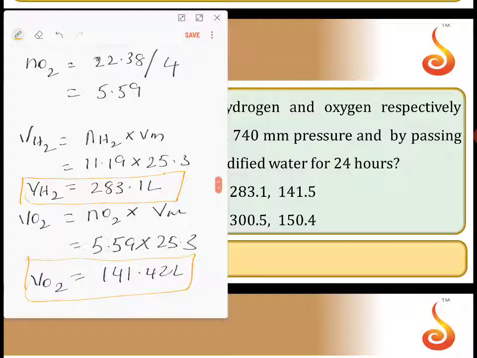Okay, so this problem, children, involves a lot of concepts. You should know what is the meaning of molar volume. So you go to stoichiometry 2 and check the competitive. We discussed in the first PU what is molar volume for hydrogen, chlorine, oxygen, and all the common gases. Supposing if nitrogen is given, you should know valency of nitrogen, N2. Each nitrogen is -3, that means therefore valency is 6. So number of moles will be molar volume divided by 6. So you should know all these things to calculate the problem if it is given. Okay, thank you.